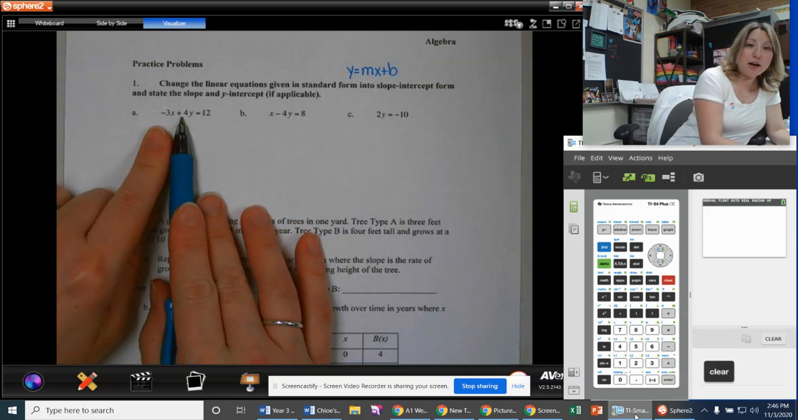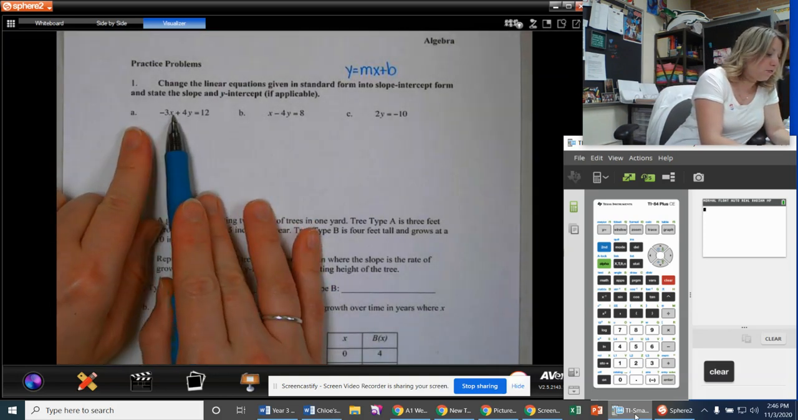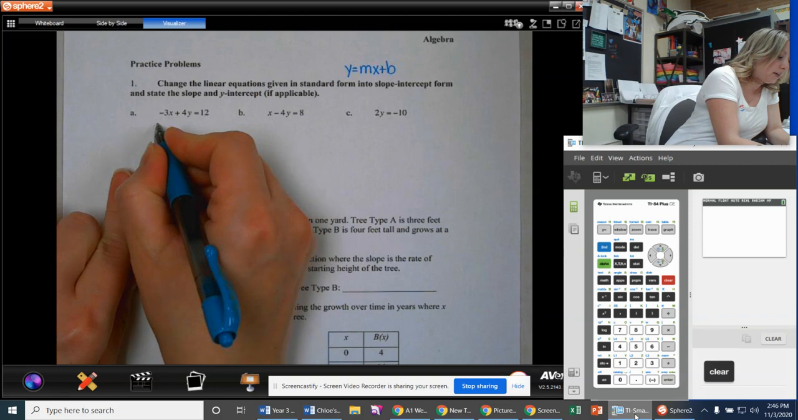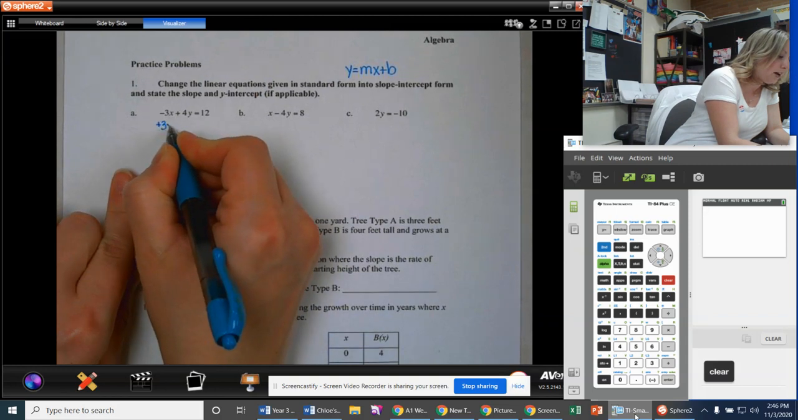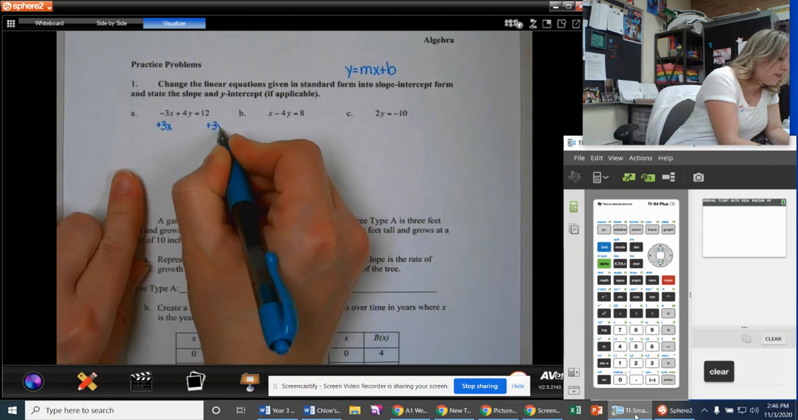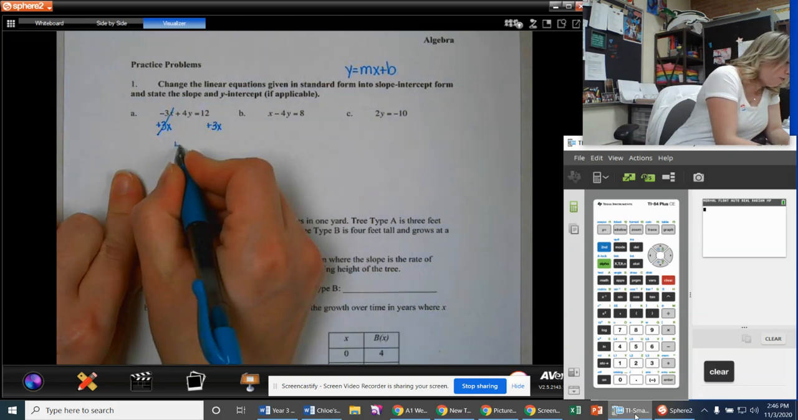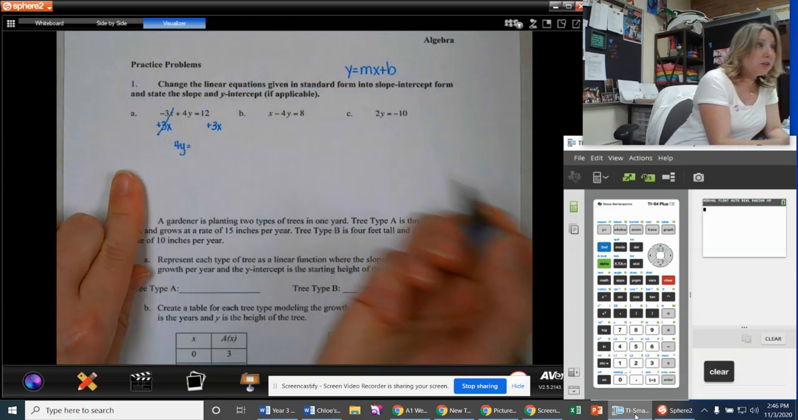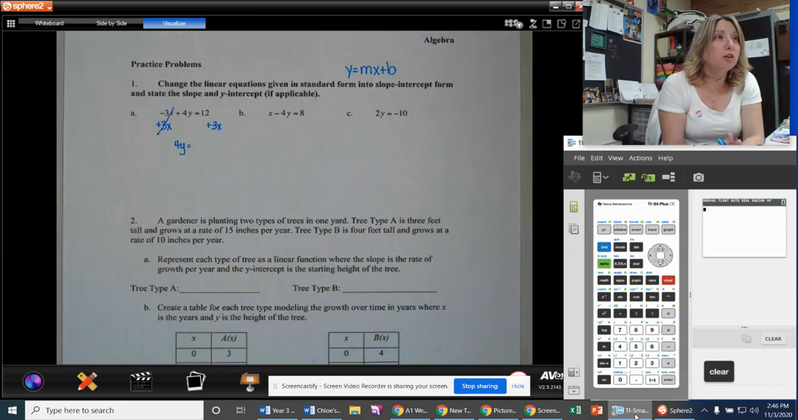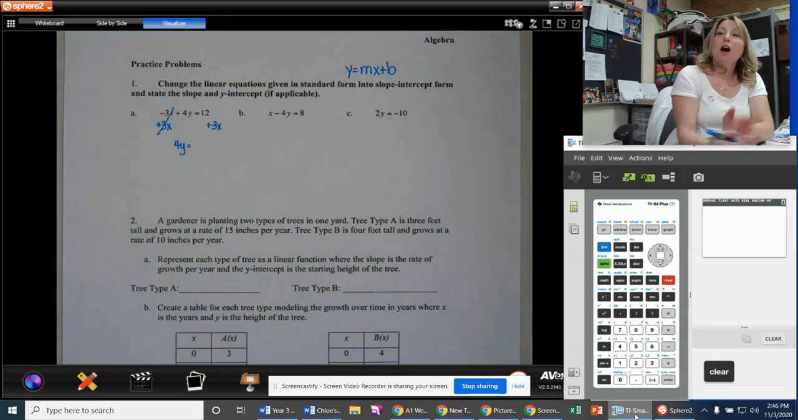Let's start by reminding ourselves here that we need to move this -3x to the other side of the equal sign so that the 4y can be alone. So we add that 3x by moving it opposite operation-wise. Bring down your 4y, bring down your equal sign, and because I'm specifically looking for mx plus b,